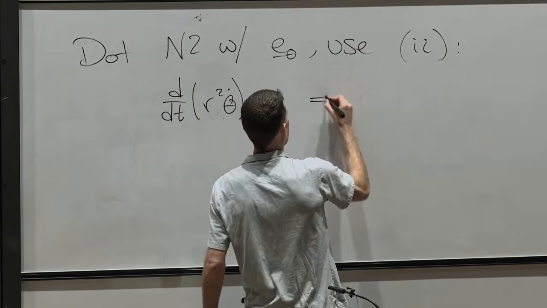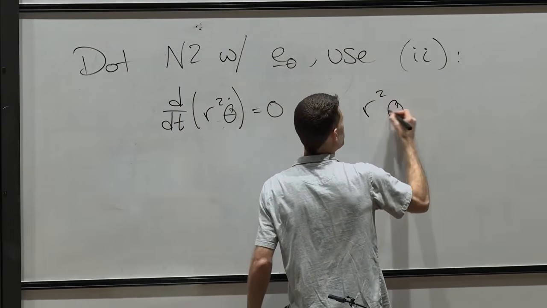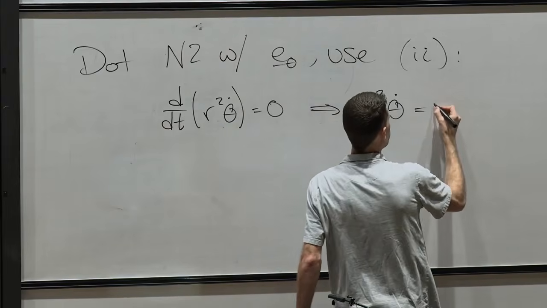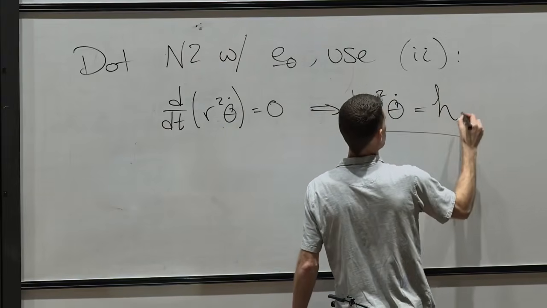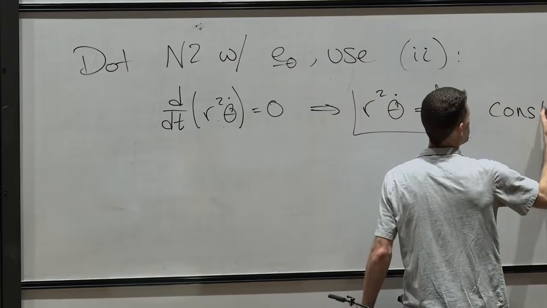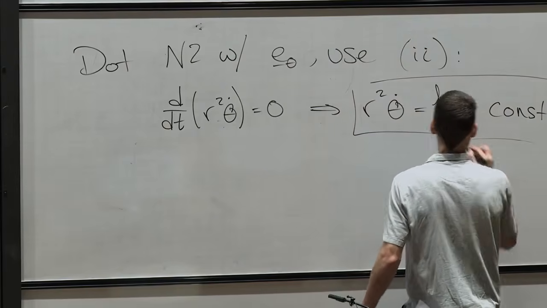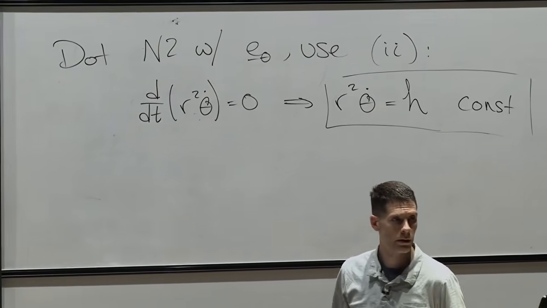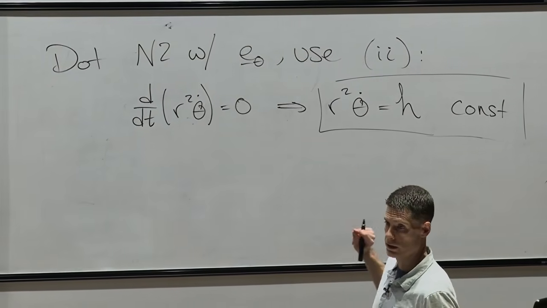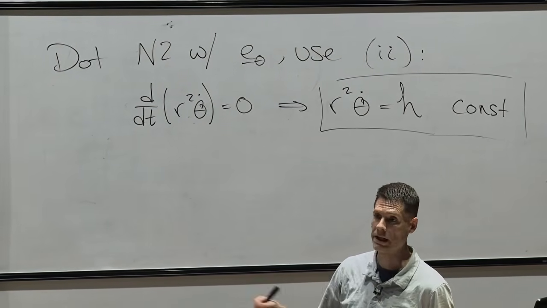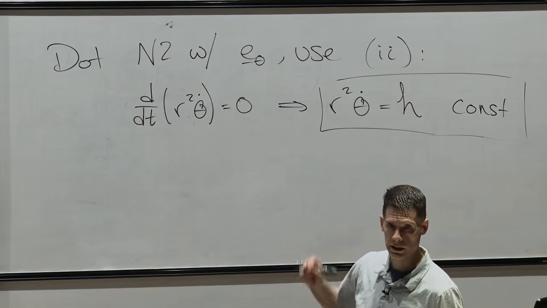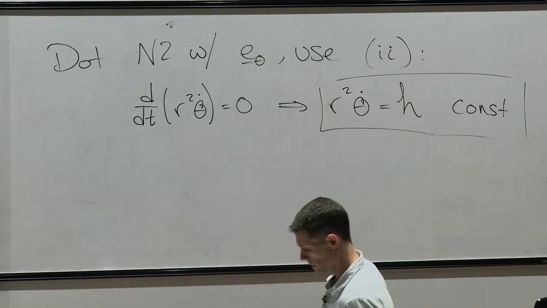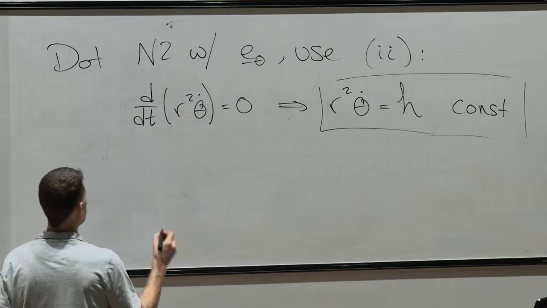So r squared theta dot is a constant, and let's call that constant little h, as we have before. When we saw this before, we understood that as a conservation of angular momentum, and indeed we can derive that in a similar way here. So if I think about the angular momentum